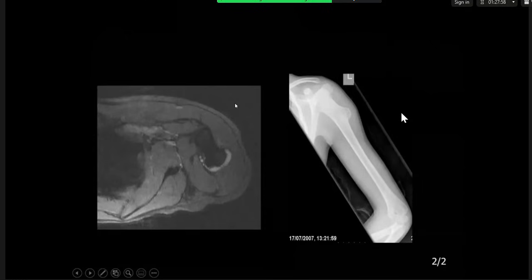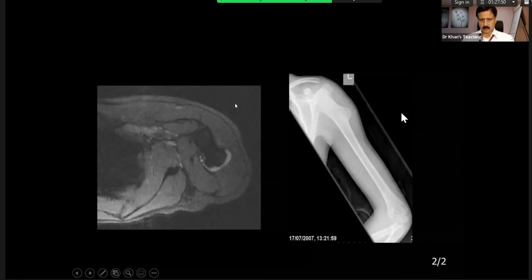sarcomatous transformation. And this one actually is less than 1 centimeter. It is less than 10 millimeters. So if it's less than 10 millimeters, I wouldn't be worried about malignant transformation. Right. So please remember, osteochondromas have come in the exam, and osteochondromatosis and various syndromes, and